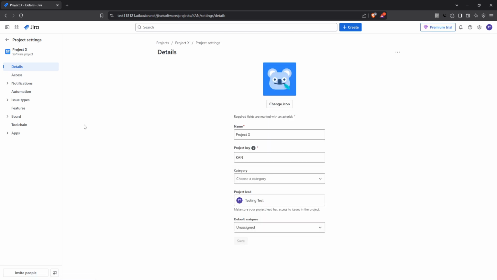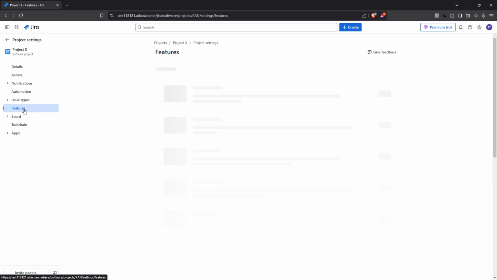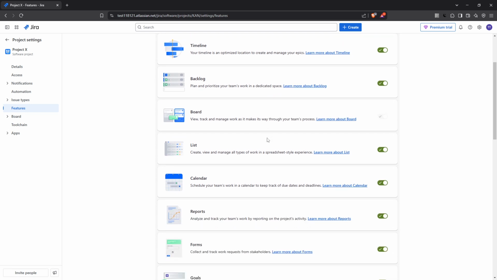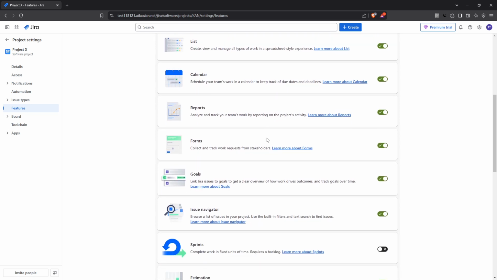Here you set up various configurations to tailor your project management experience to your team's unique needs. Now that you're within your project settings, cast your eyes to the left hand side where you'll find the menu. This menu has all the features ready for you to explore and adjust. Look for the section labelled Features and click on it. Each feature here serves a particular purpose designed to enhance your project management processes, and today our focus is on